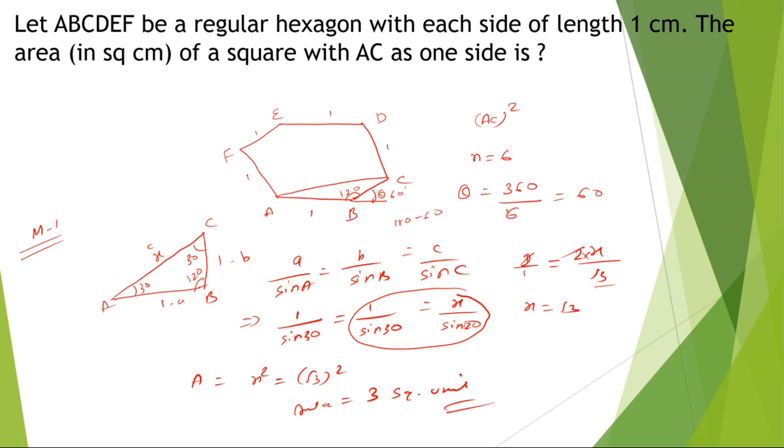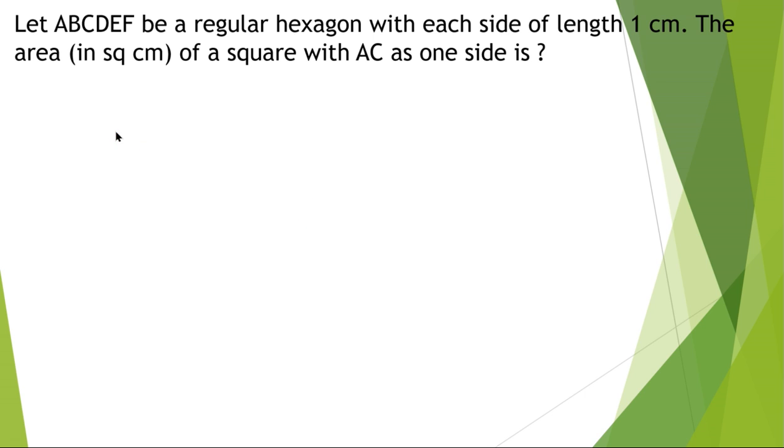Now we will look at the same problem with a different approach. We will solve by method 2, right? So method 2, we will draw that triangle ABC, and since we know this is 30, this is 30, this is 120. So again we are going to solve this same problem by a different method.